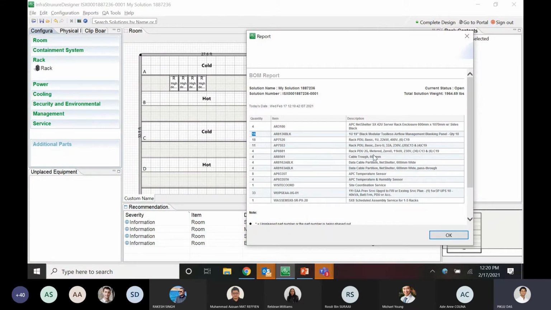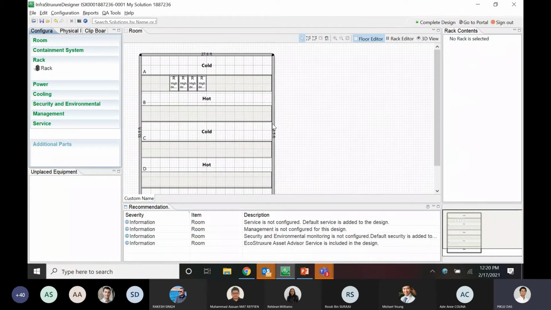Then we have this RPD which we have added, the cable traps and the data traps, the sensors, and these are some of the default services which we have added to the rack system. This EA I will explain later, but you can see the rack assembly service is also being added now. So this is the complete configuration that we have for rack in our ISX designer.